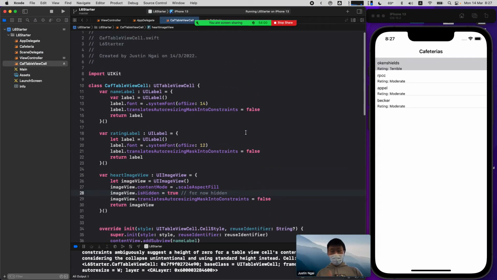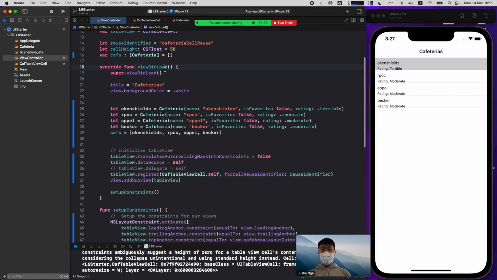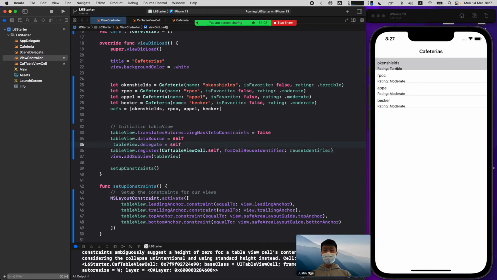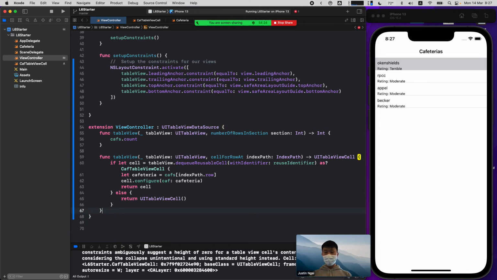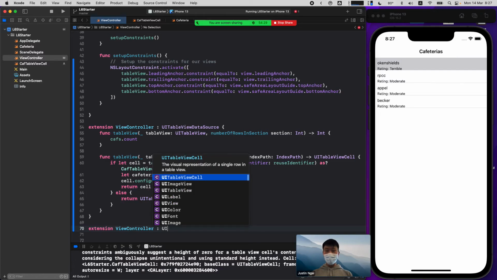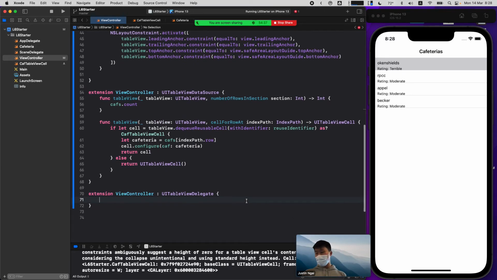So the way we do that is we actually need to implement the delegate part. This delegate part here, which I commented out, is what allows the table view to have user interaction. And as always, after I conform the view controller to a specific protocol, I actually need to implement it. So what I do here is extension, view controller of type UITableViewDelegate. I save, and